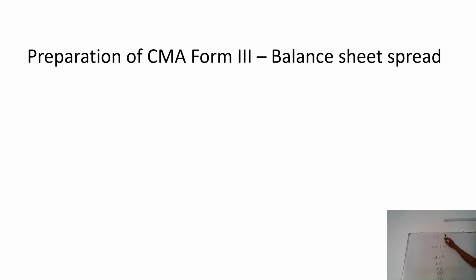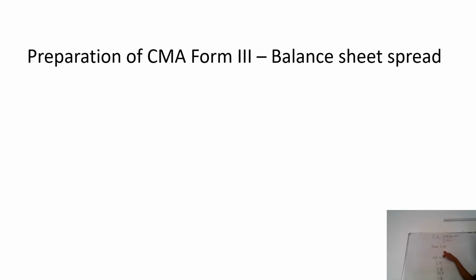Current liability: we are all aware that any liability which the company has to pay within a period of 12 months comes under current liability. Here the first starting point will be short-term borrowing from bank. Then all other current liabilities excluding this will start appearing. All those together will be called other current liabilities. So current liabilities means the short-term borrowing plus the other current liabilities.